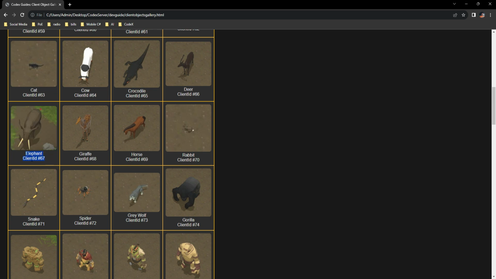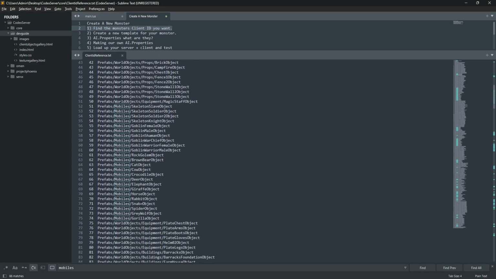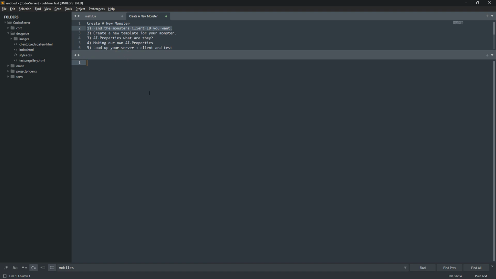He is client ID 67, and if you were to look inside of here, let's go down to 67, and we will see there's the elephant object. So you can make a giraffe, horse, other things like that. If you don't have them, right here are the IDs. Now that we have our ID, which I believe is 67, we need to create